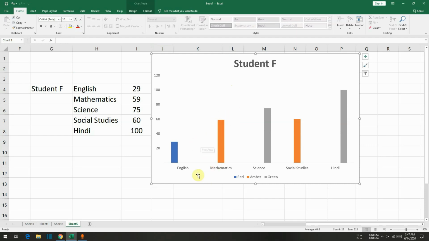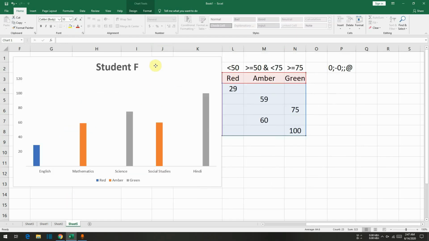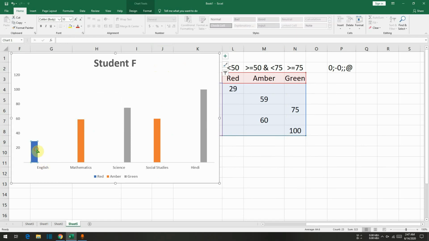The very important thing, as you can see, there is one space coming here. So how to remove it? Let me first show you what exactly is happening. It's taking the number, this one as red, these are the amber numbers and these are the green numbers. So I will change the color of the graph as per the color here.